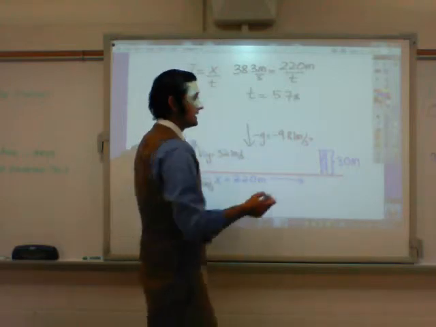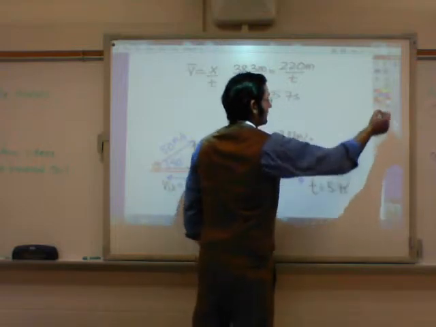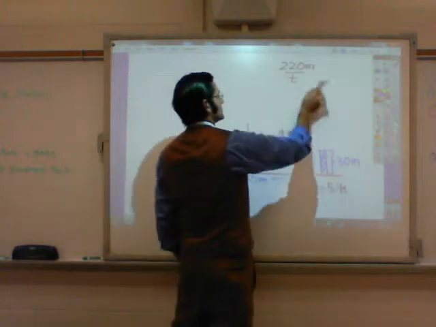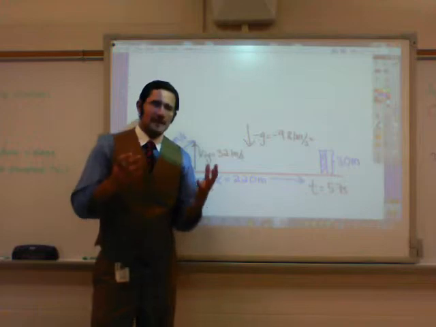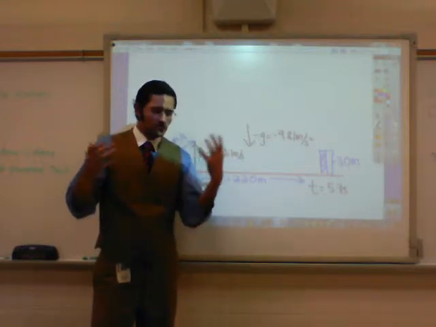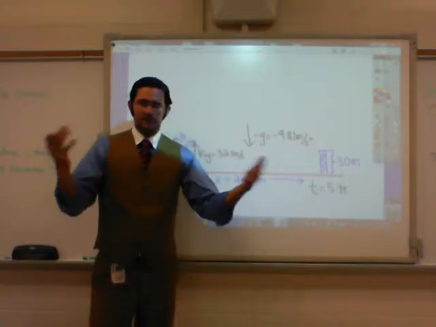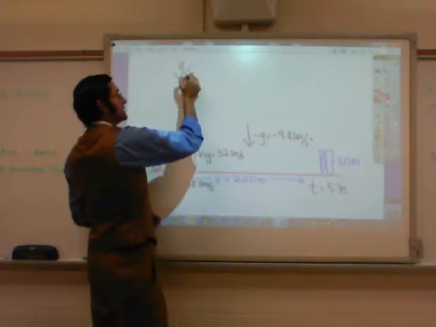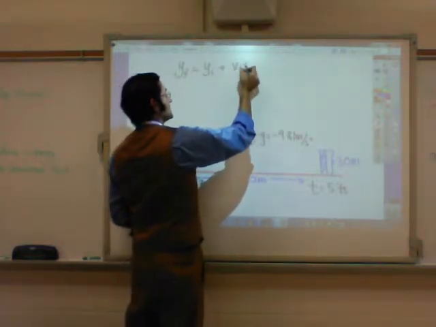So, how do I find out, at a time of 5.7 seconds, where the ball is located on the y-axis? Well, I'm going to use one of my kinematics equations, the ones that we derived in class. We derived this equation starting off with the idea of acceleration. Then we incorporated it with the idea of average velocity. Two simple concepts, and we incorporate them together to come up with many different variations on the equations that are possible. So the one that we determined was final displacement is equal to initial displacement plus initial velocity times time